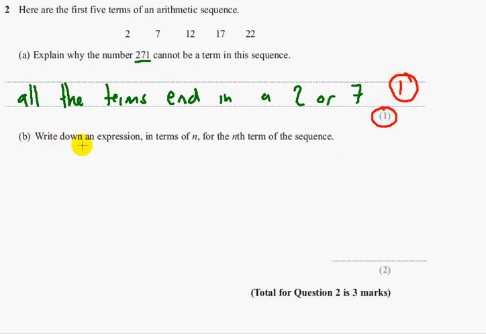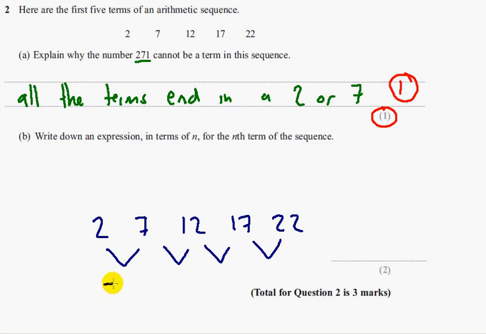Part B says write down an expression in terms of n for the nth term of the sequence. So let me just write out the sequence again: 2, 7, 12, 17 and 22. You can see it is increasing by 5 every time. So these are your terms. The n is the position number,